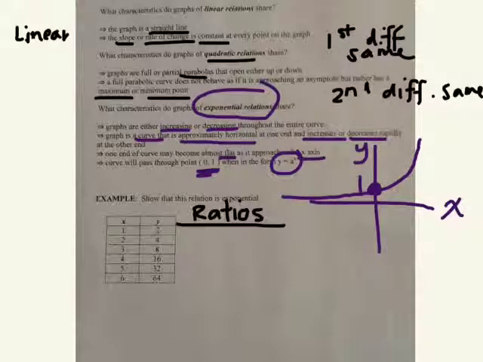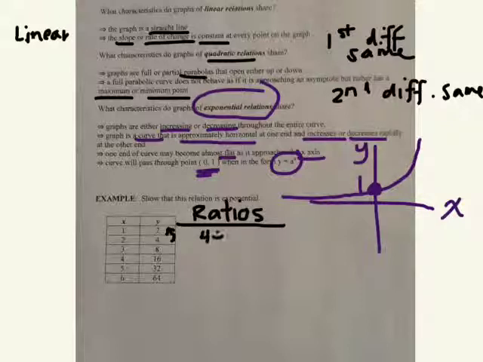Okay? It's written in this form, which you're learning in this course. It will always pass through the point (0, 1). All of these graphs will have an intercept at 1. To figure out if a relationship is exponential from the table, you're going to find the ratio, okay? We're going to find the ratio of the y values. So to find a ratio,